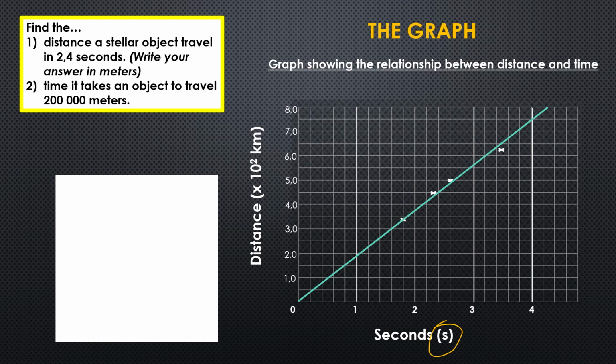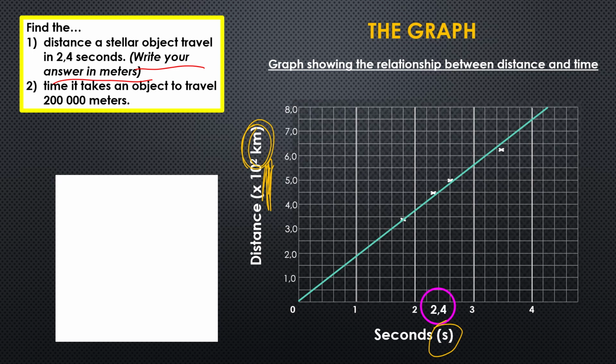And the question further instructs us to write your answer in meters. So alarm bells must go off in your head, because the SI unit on the y-axis is not meters but kilometers. So you will need to do some conversion. And that is why this question is not just a normal level 1 or 2 question, but is now moving to a level 3, because the answer is not straightforward and you will need to apply the scientific notation, this times 10 to the power 2, and the kilometers, in order to get the answer.